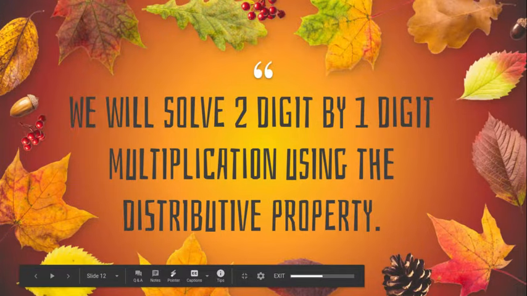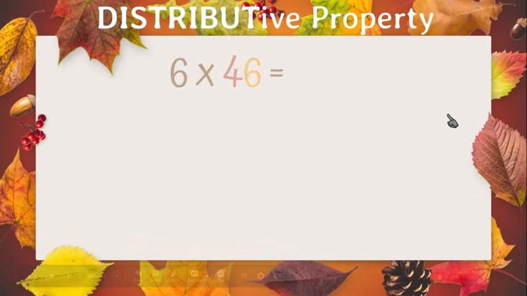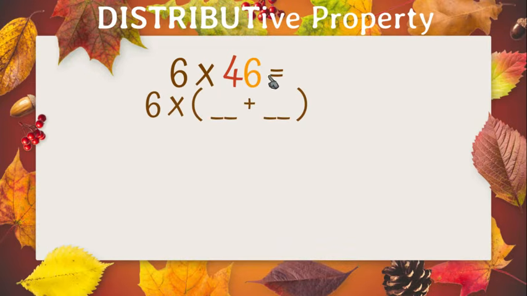Hi guys, today we're going to solve 2-digit by 1-digit multiplication using the distributive property. So, the example of 6 times 46 looks pretty scary, but it's really not scary once we figure out the distributive property. So, I'm going to take this 6 and I'm going to take a parentheses so that I can